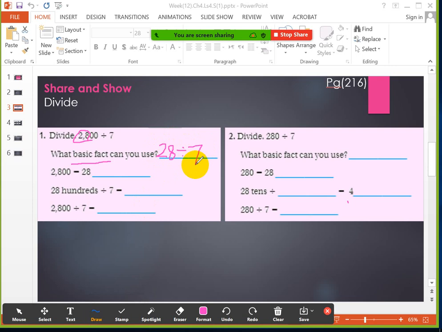Page 216. Okay, the exercise number 1 on page 216. Share and show. Okay, so the basic fact is to divide the whole number by 7. That means